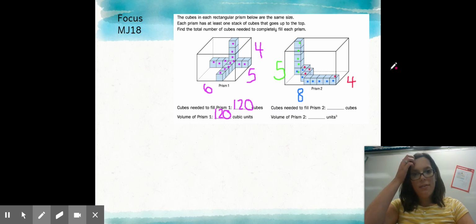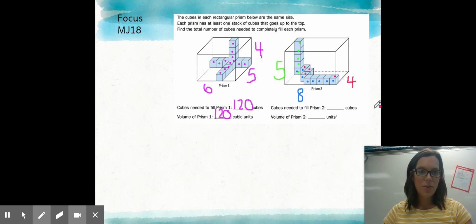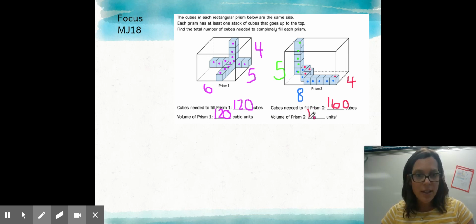Okay, so now that I have all of my dimensions figured out, I can just multiply my numbers together because I know that that's the formula for volume. I can just multiply my length, my width, and my height. So 8 times 5 is 40, times 4 is 160, or I could do 4 times 5 first, which is 20. 20 times 8 is 160. And then what would my volume be? You should have said, Miss Williams, it will be the same, 160 cubic units,